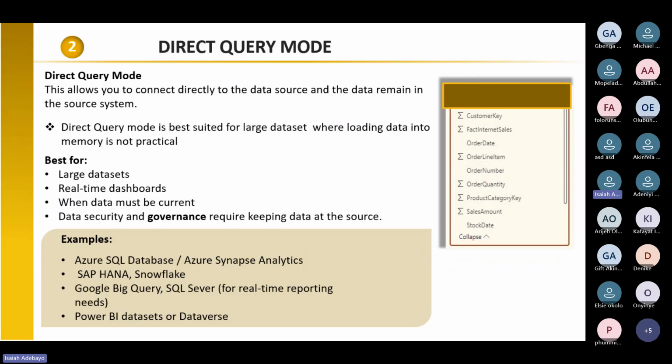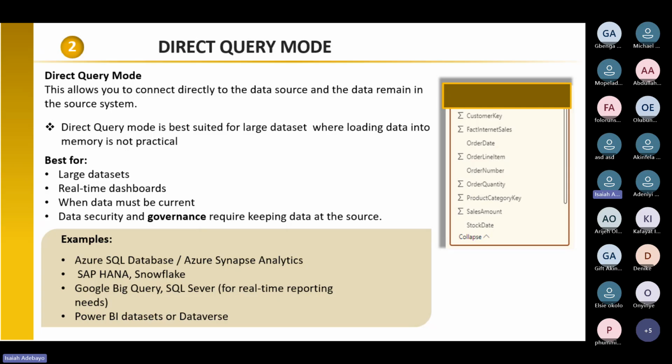So for data security, because the data is coming from the source, you have to use the direct query mode, such that if tomorrow comes and you have a disagreement, they can easily disconnect you so that you will not have access to the data set. So examples, we have Azure SQL database, Azure Synapse Analytics, we have SAP HANA,